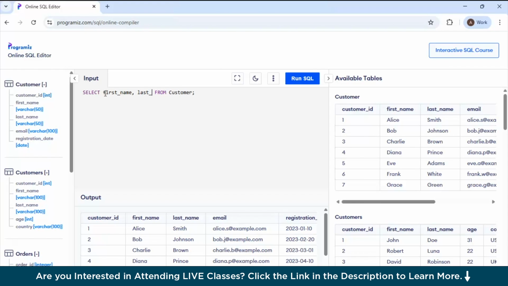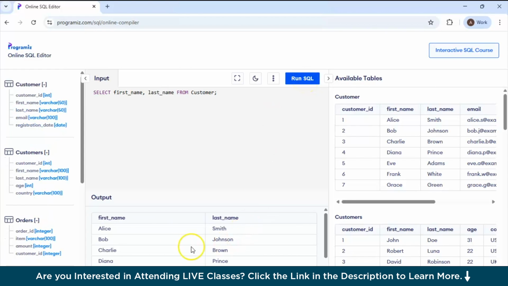Last name. So let's execute this. It should give me only the first name and the last name column. So as you can see, we have only first name and last name. Similarly, any 2 rows. Then let me filter out